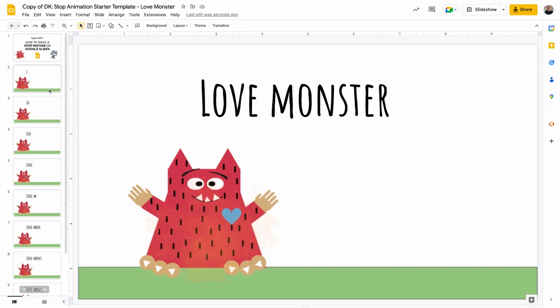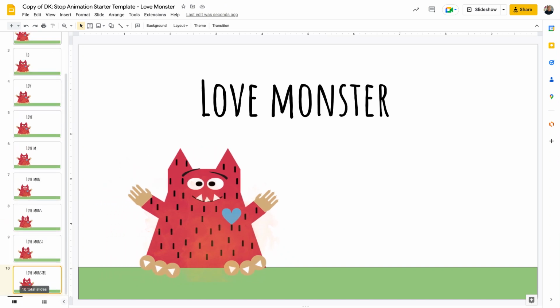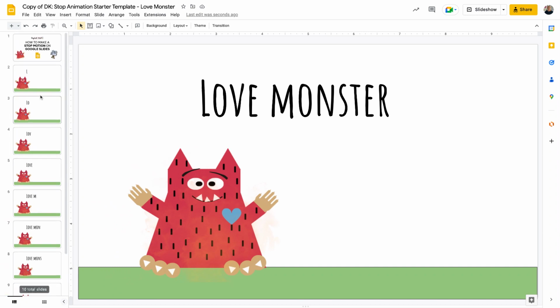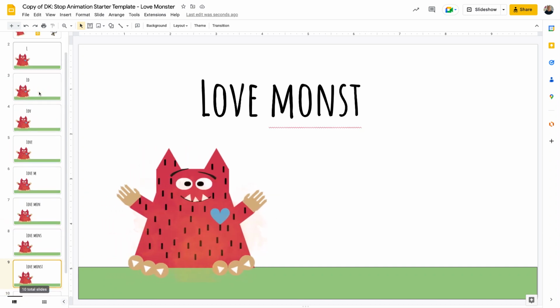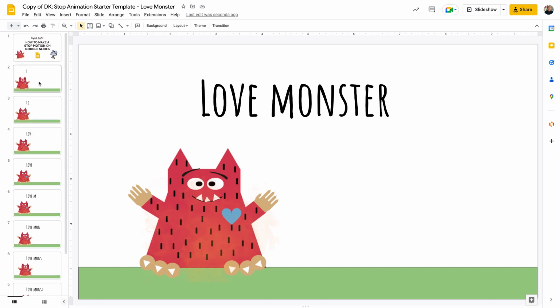So if I just come back up here and click on slide 2, and then use my down arrow key to flick through, I can see that each frame moves my monster. And you can just keep going, adding things as you go. It is a little bit of trial and error, so you're going to have to test it out and see if it works. And then once you've finished your animation, you can publish it to the web so that the animation rolls by